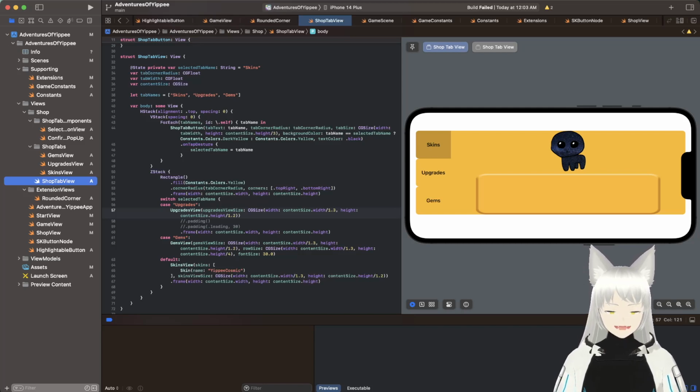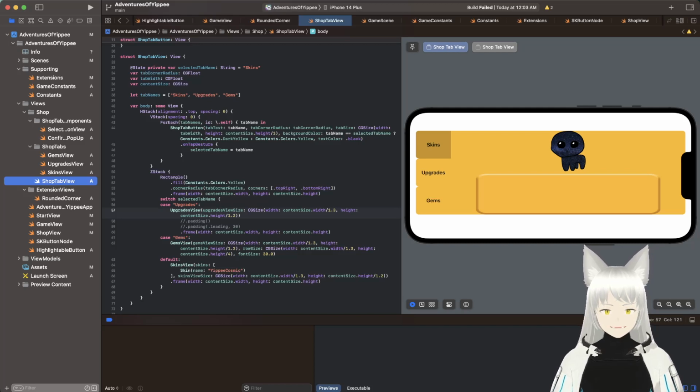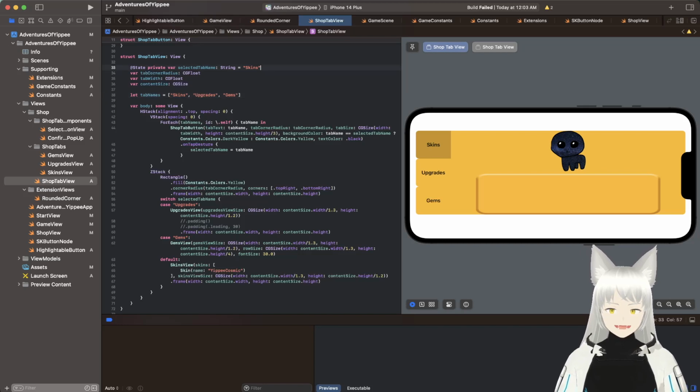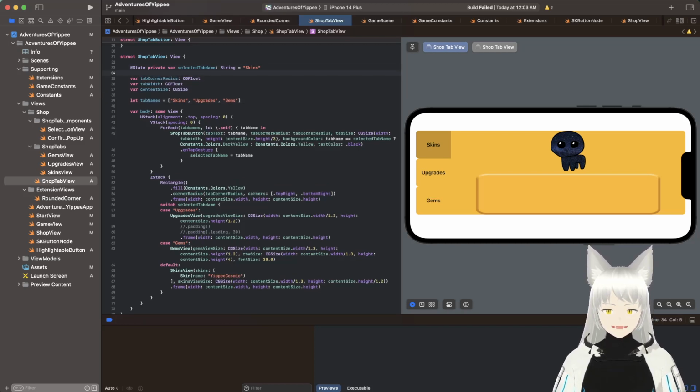How do I do this? I could... Oh, I have an idea. I can do this actually. I just need to do this. I need another state variable. It should be called isPopupShowing, a bool set to false to begin with,